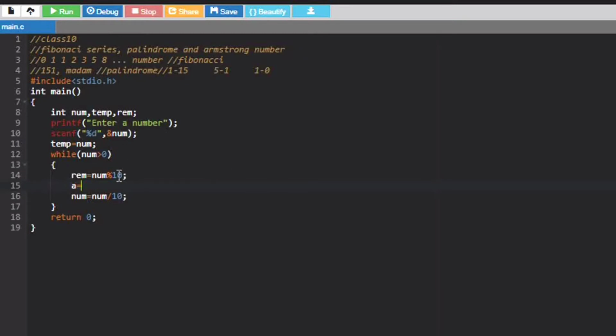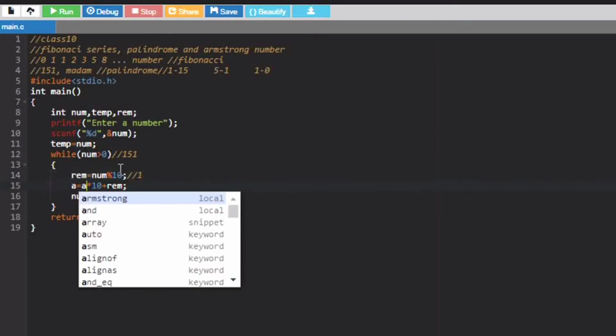Since we have divided it by 10, we are going to multiply here by 10, and then we are going to add the remainder here. So if in the first place we had entered 151, modulus 10 should give us remainder as 1. Our a would be a into 10.